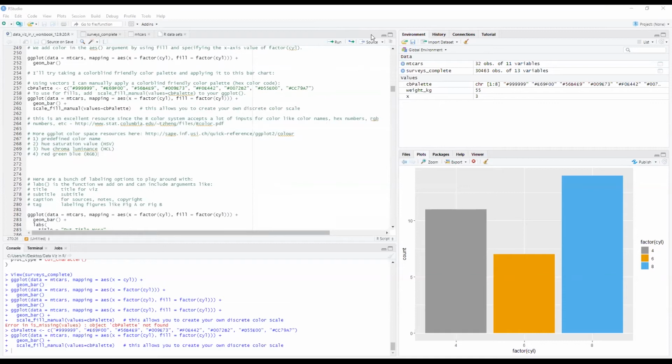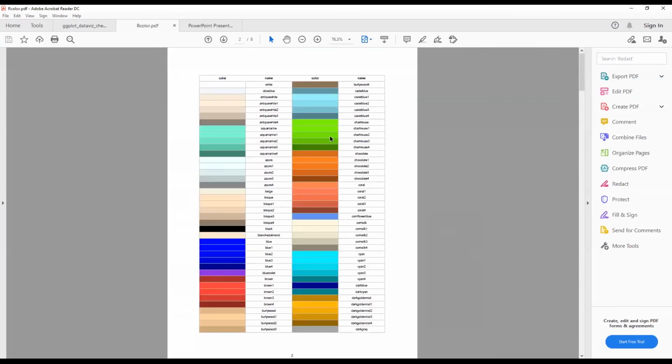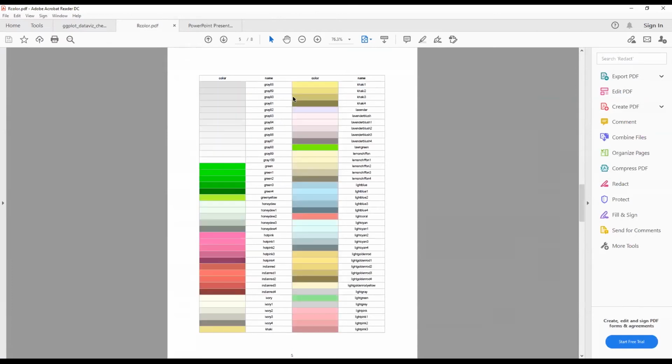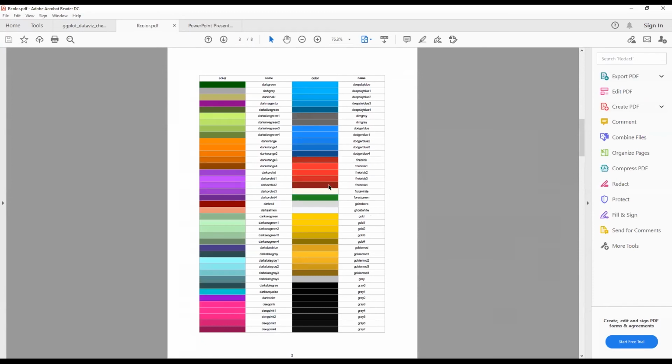Let me open it up. So it looks like this. R also recognizes certain names of colors. So here is basically a list of all the named colors that R recognizes. So you can just put these in as well. You don't necessarily have to use the hex code for the colors.